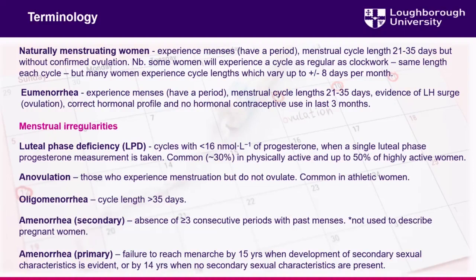I wanted to highlight here that you might say that someone's cycle is the classic 28 days in length, and some people will have exactly the same length for every single cycle, and that makes it really easy for experimental testing. What happens in practice is, in reality, that can vary by up to plus or minus 8 days per month. So when you're thinking about scheduling someone, you have to consider that when you're thinking about your testing schedule. It can also be heavily influenced by other outside factors.